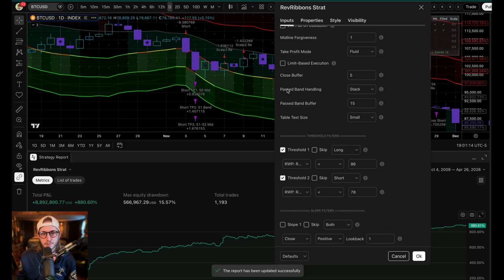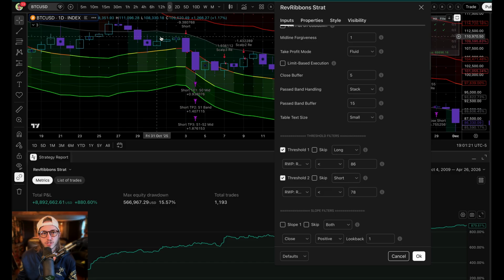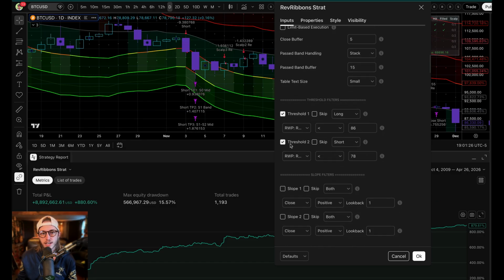All right, the next thing we're going to look at is past band handling. I prefer to have this on stack. What this does is if price closes far below, and I have a couple of things to note. I do have some threshold filters here. So instead of going short back here, which would have been a nice place to go short ultimately, because of how price action worked in the past, generally these kind of moves, because of the RWP, were not super conducive to going short. I'll talk about that later, but